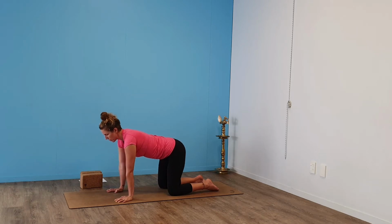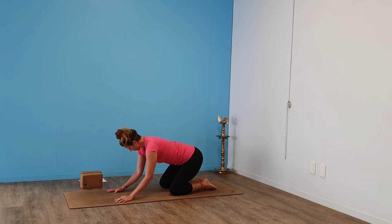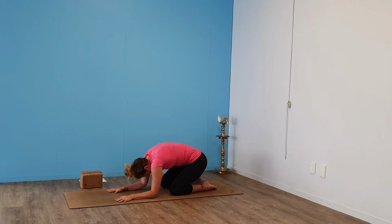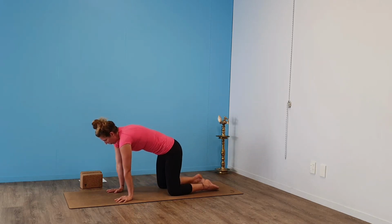Beautiful. So our next movement will be from tabletop into child's pose. So keeping the hands where they are, we start to sink back, just bending your elbows. So I'll keep this bend in my arms, come down to this variation of child's pose. And then with my breath picking up, a little bit like I'm being pulled from my shoulder blades, round forward